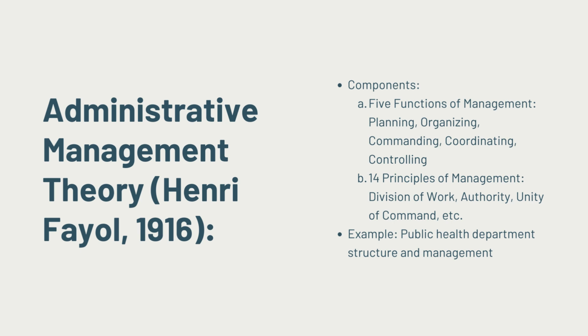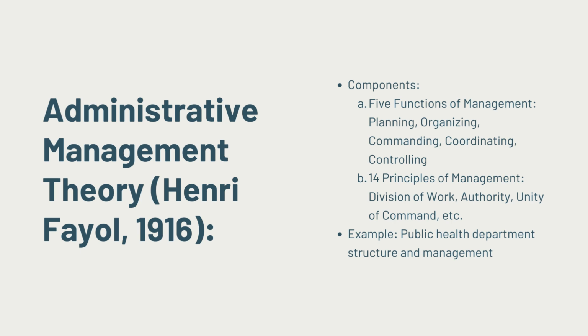And of course, how could you carry out the work when you're in this kind of situation? You're not exactly sure who to follow. And so, this is why we have unity of command because only one superior should be assigned to a worker